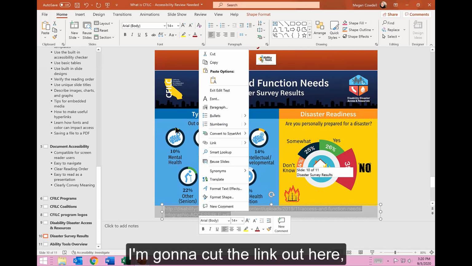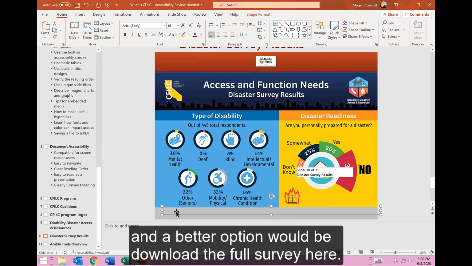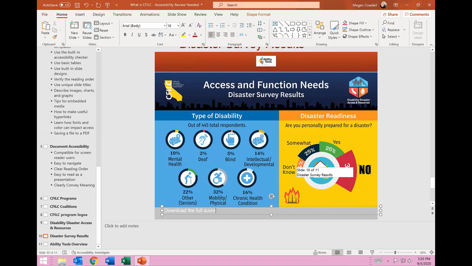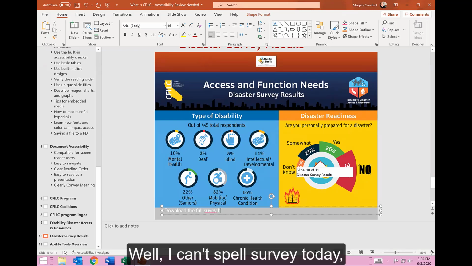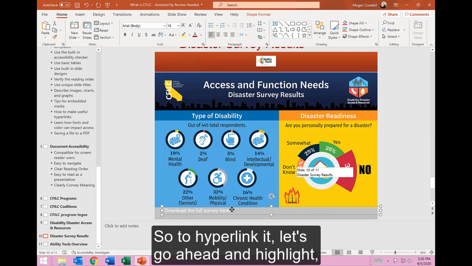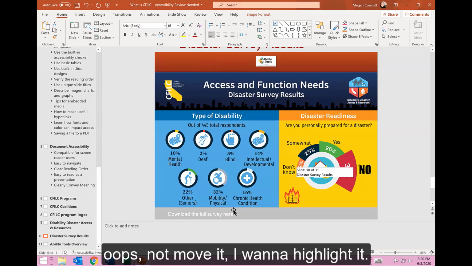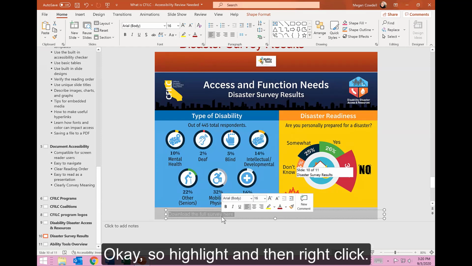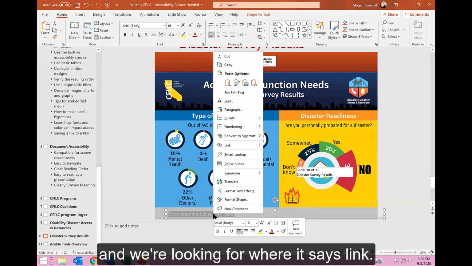I'm going to cut the link out here. And a better option would be "download the full survey here." Oh, I can't spell survey today. Download the full survey here, and I'm going to hyperlink that. So to hyperlink it, let's go ahead and highlight it. Okay, so highlight and then right click, and it brings up this menu,